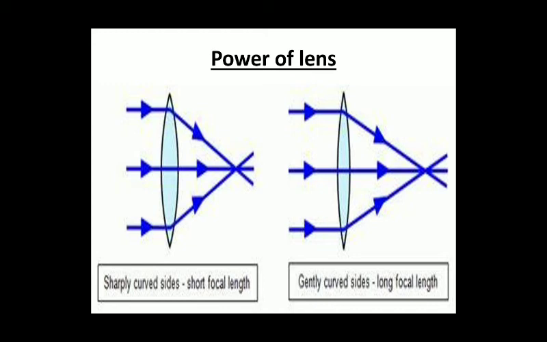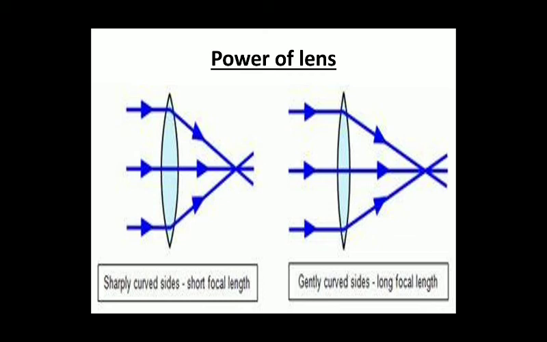If we just observe the thickness of the two lenses, the first one is comparatively thicker than the second one. The second one is thinner. Please keep this in your mind: when the lens is thick, it means the curvature is more. It is considered to be a part of a smaller sphere. But when a lens is thin, it is considered to be a part of a bigger sphere, right? When it is a smaller sphere, it means the radius is less,